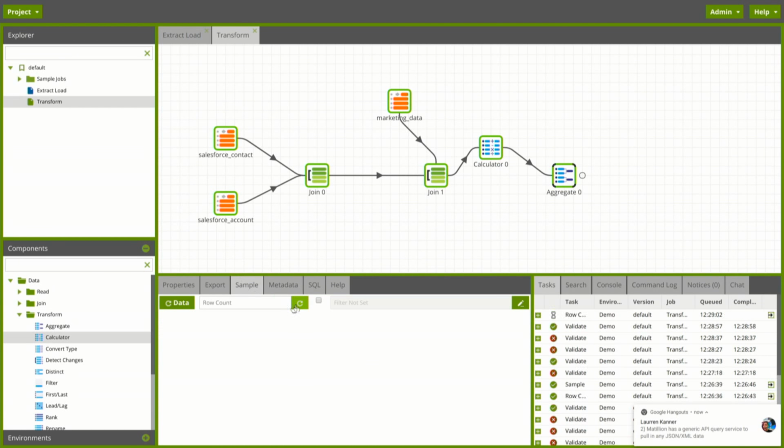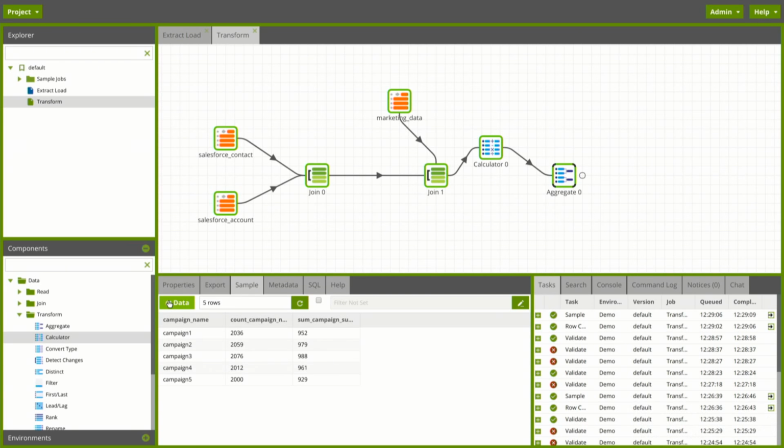And at this point, I can also go back, see how much data is going to make it to that point in the flow, and have a look at it as well. This has been very highly aggregated down to just a handful of campaigns, and you can see that we're emailing a couple of thousand people for each variation, and we're getting response rates of just under 1,000. If any of you guys are getting that sort of response rate from an email campaign, do get in touch, because I'd love to hear about that.